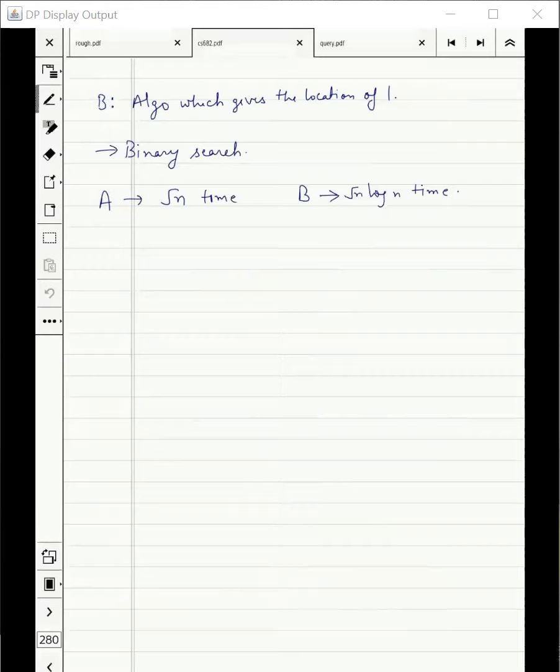So sir, here we are considering only one occurrence of the marked element. No, even if there are more marked elements, let's say I just want to find one marked element, location of some element which is marked. That I can do in log n more time.